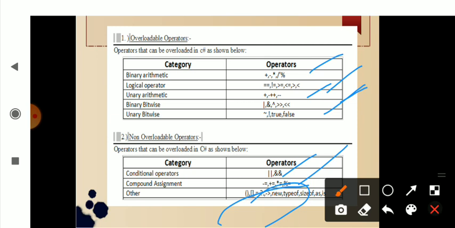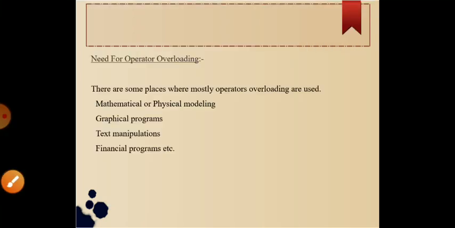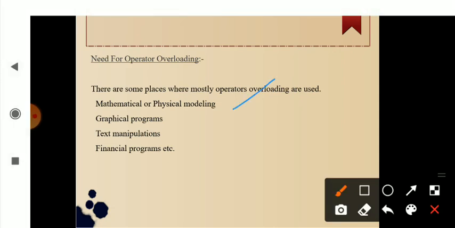When using operator overloading, there are various needs: where it is used and why it is used. Mainly it is used in the mathematical sectors where you want to do calculations, additions, multiplications. There you use it when you want to design or model something. We also use it in graphical programs where I want to move some things. There I need the x-axis and y-axis, so it is most important in graphical programming.